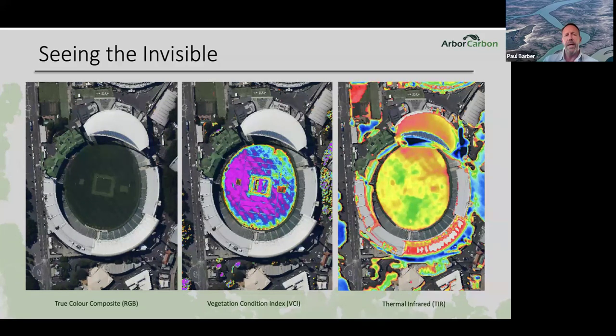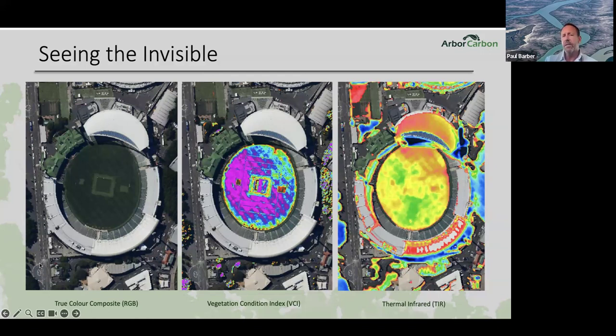Because we have a bunch of narrow multispectral bands, not only in the visible, but in the region of the spectrum that you can't see with your naked eye, we can make combinations of those different bands. And they produce different algorithms. Some of you may have heard of NDVI. So we produce a whole range of them. And one of them we produce is called the Vegetation Condition Index, or the VCI. And that's the one in the middle that you see. So you see that scaled from the highest reflectance, so the highest values of light bouncing off the turf, in the purple, where the turf's growing the best and the healthiest, through to the red region, which is the unhealthiest or the poorest performing.